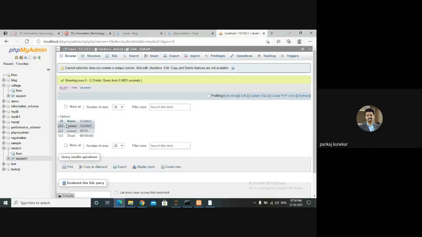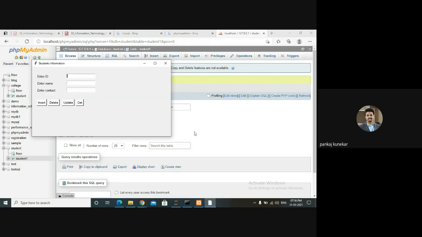There is no validation we have performed. Even in the table in the database, we have not performed any unique operation, because id should be unique. You know that primary key, unique key. So id should be unique and primary key. That we have not set. You can set it as per your convenience. So we can delete it. All the 111 ids, name, contact number, complete data will be deleted. This is the delete statement.